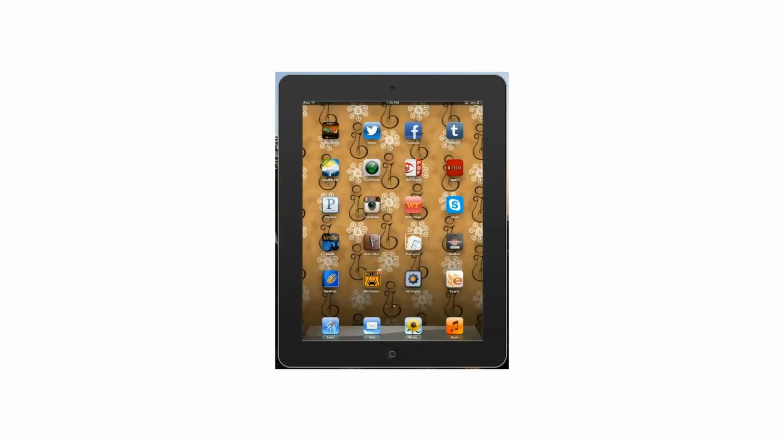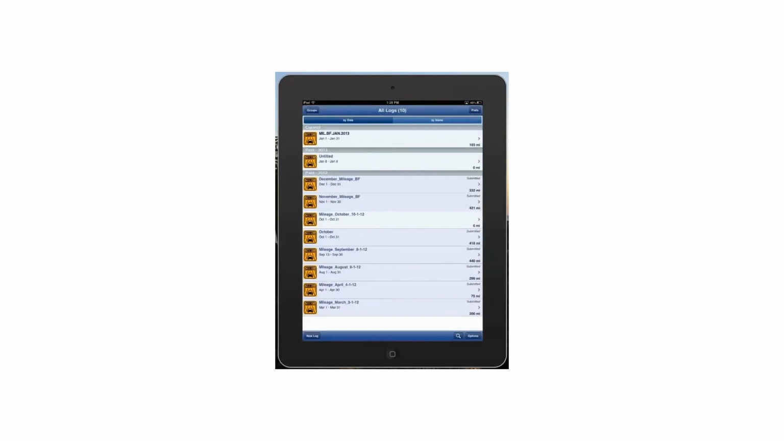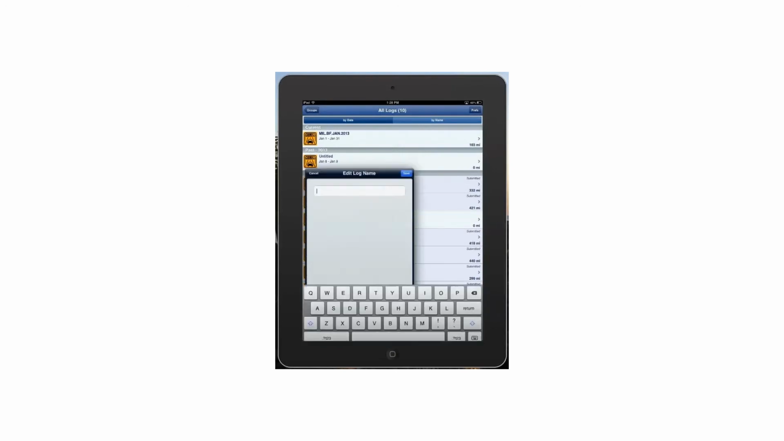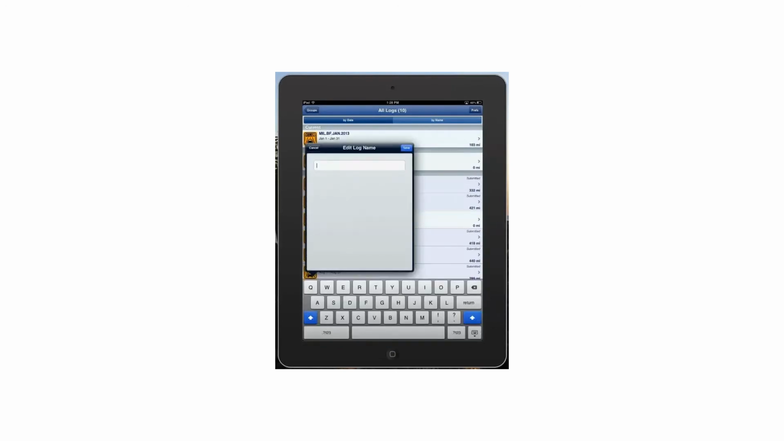First, begin by selecting the Mile Tracker app on your iPad. Then select the New Log button in the bottom left and choose the title option from the pop-out. Be sure to name the log correctly each month. It should look like this: